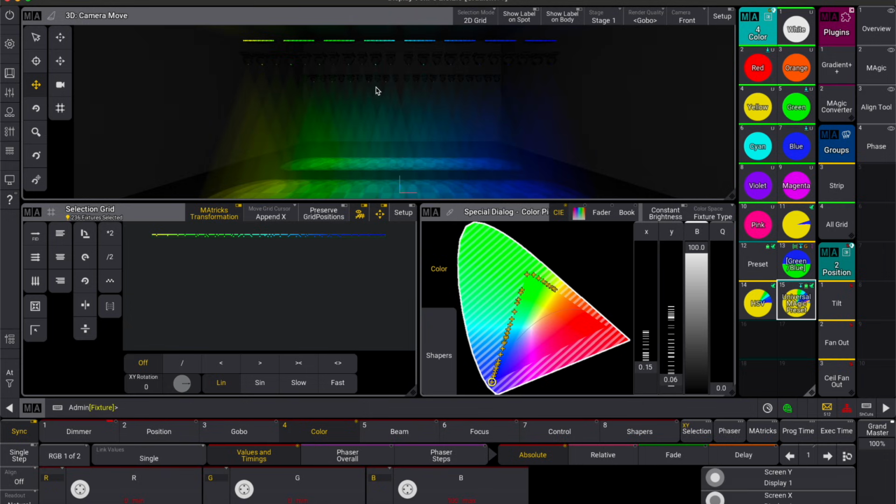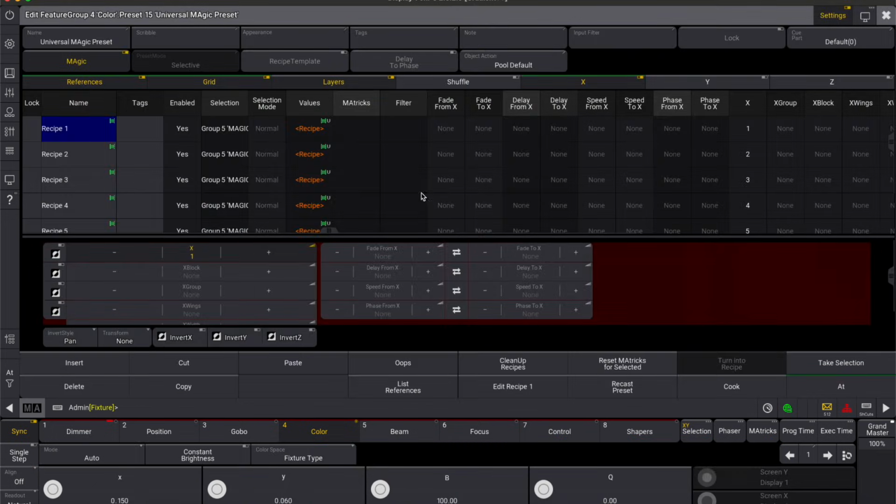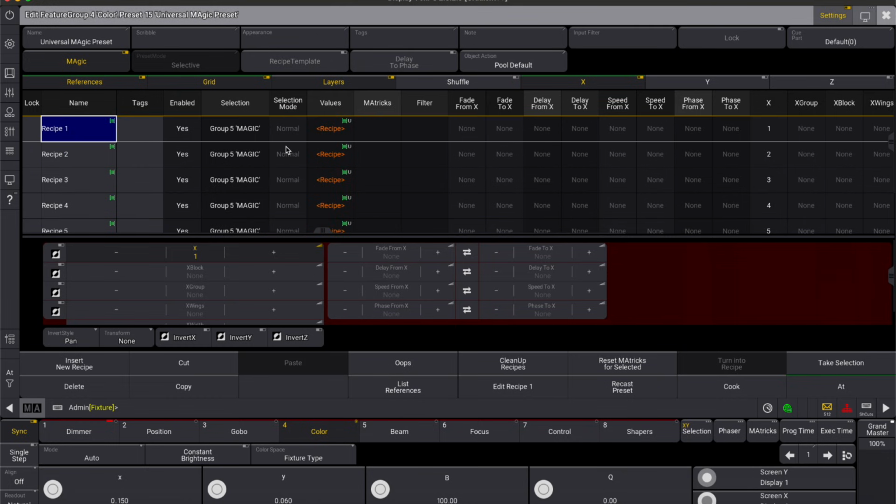It works. As you can see, it works just fine, even with all the HSV and all the bias and everything. So how does this work? Basically, what this plugin does is it creates a recipe preset based on that magic preset that we just created